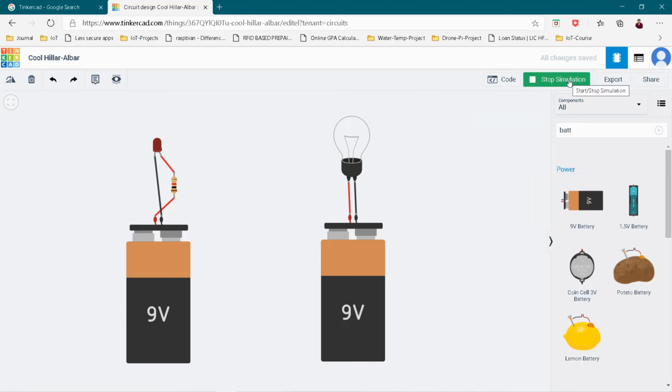Okay, fine. Now if you run it, see here. So for the LED we need a resistor, but the bulb does not need any resistor, it could accept direct supply from the battery. So like this we can create more scenarios. In the upcoming videos I will put in more sensors and Arduino breadboards and all.